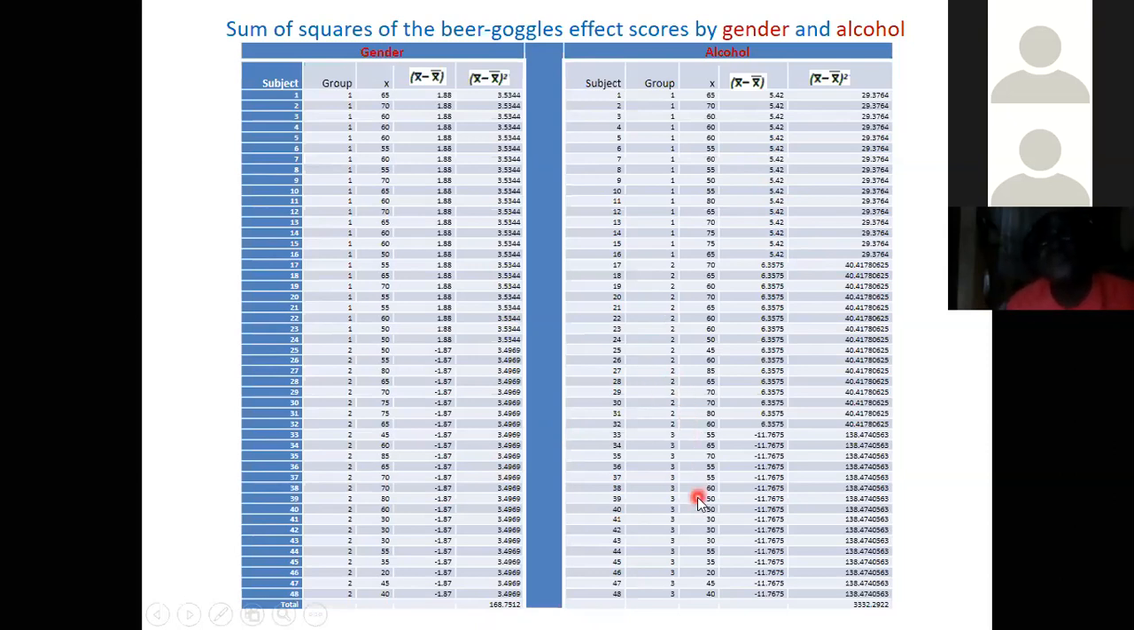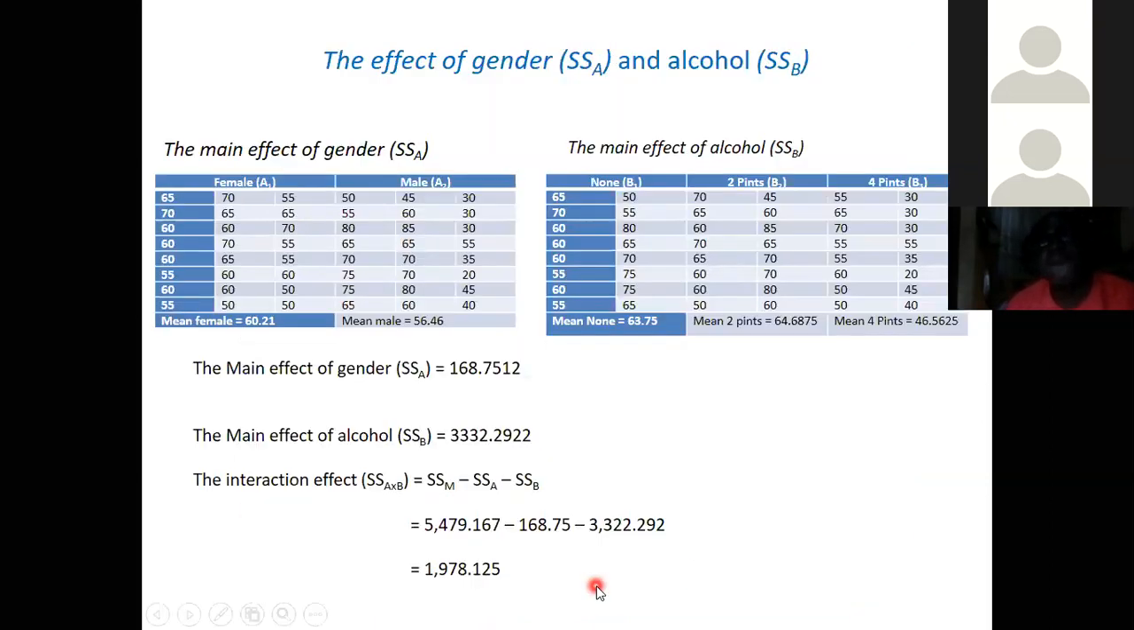For each of the groups, you remove the grand mean from it, and you do it for the 3 groups and square. It gives you the sum of square of 3,332.2922. So that's what I came to write here. The main effect of the gender, the sum of square we got is 168.7512. For alcohol, it's